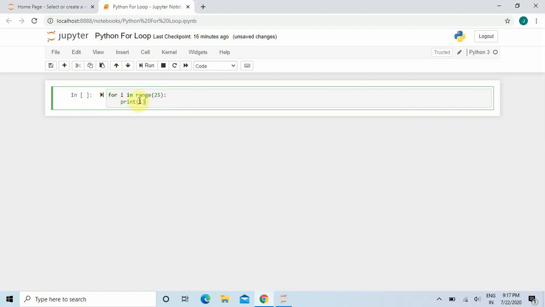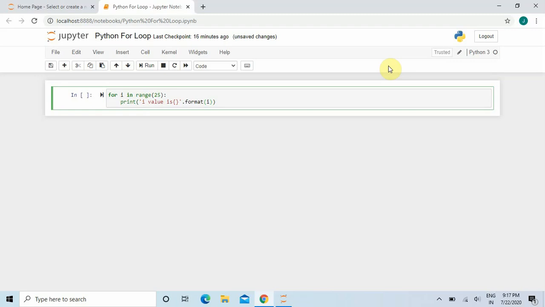Suppose I want to print it in this format. Suppose "i value is", and now here suppose I am using the dot format function. I have already told you about the dot format function of the string.